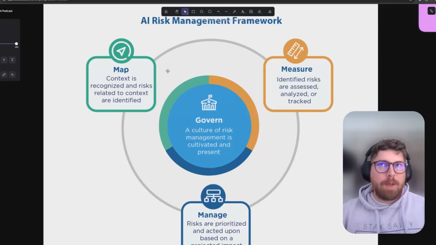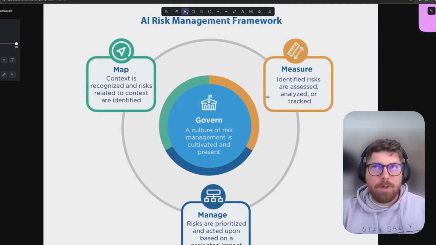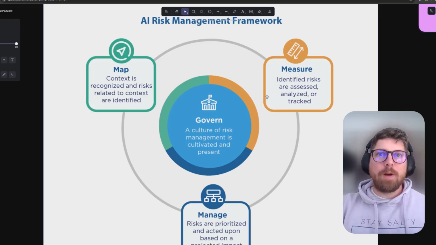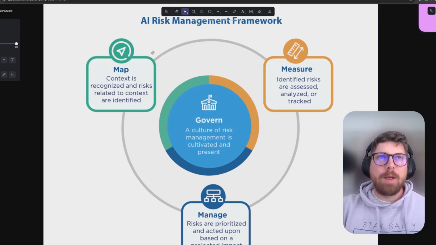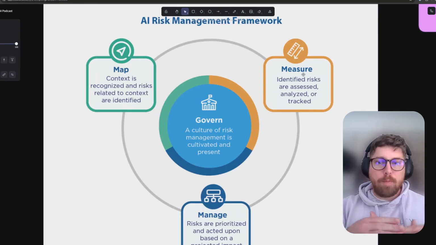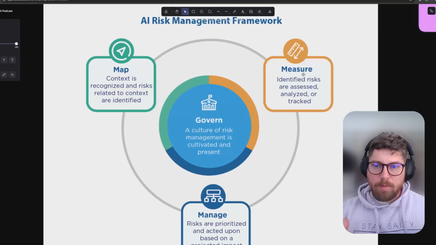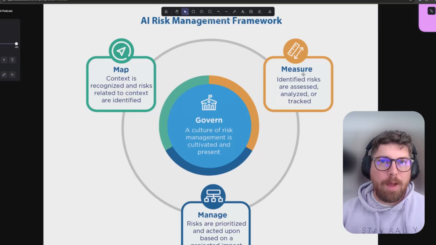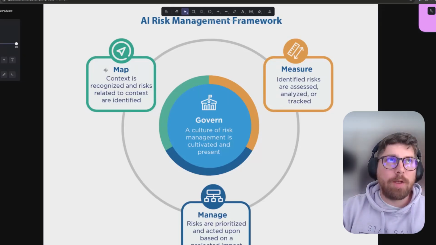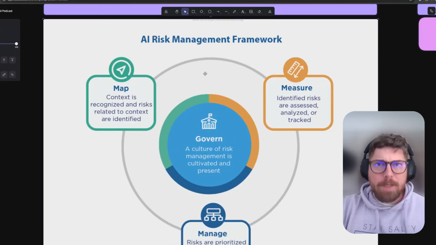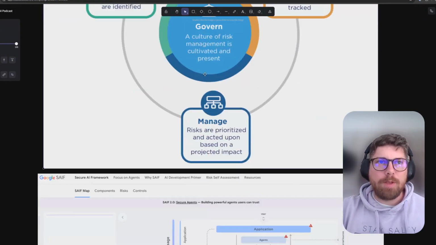They have 3 big categories of map, manage, and measure, which all lead into how you govern your AI security. And if you're looking at map, manage, and measure, you don't even have to read too far in to understand what they're trying to say here, which is: know what you have, figure out what the risk is associated with each, and then how do you measure progress in reducing that risk and that drift of AI security management. So that's your NIST framework. Pay attention to what they're putting out, and you'll see some good stuff there.